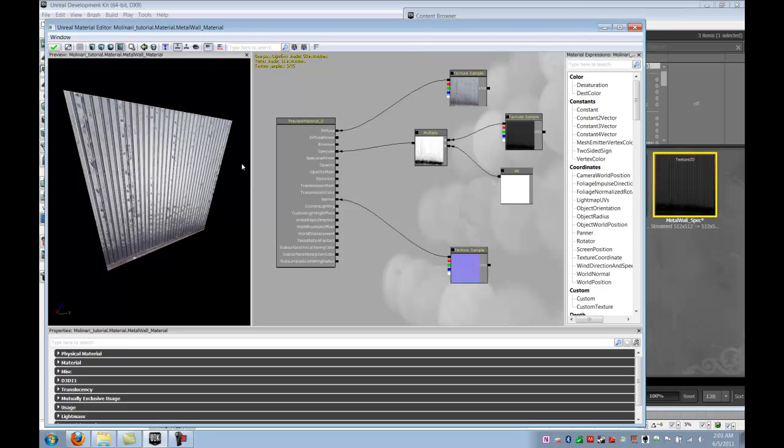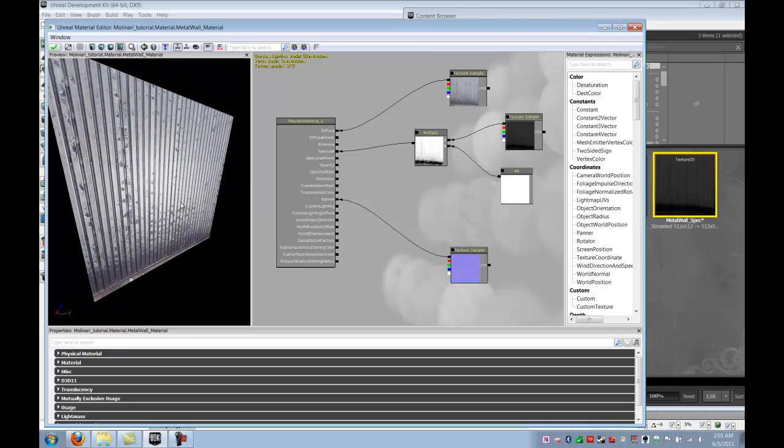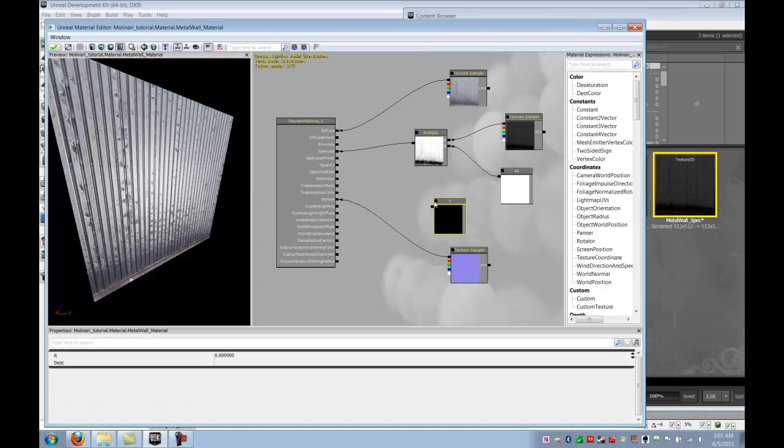We're going to make one more little adjustment here to improve how this specular looks on our material. And what we're going to do is just create another constant in the expression graph here. And we are going to give this one a value of, we'll start out with